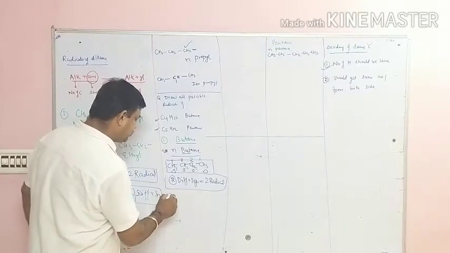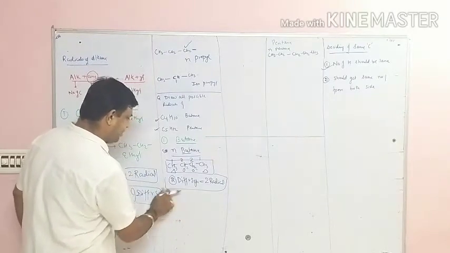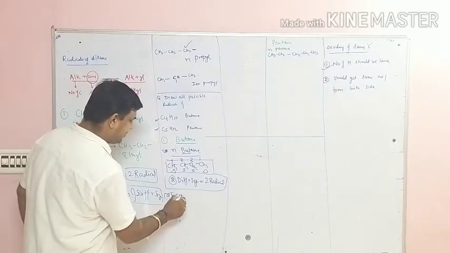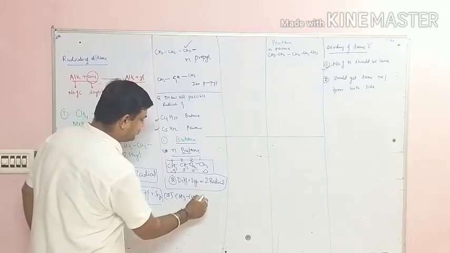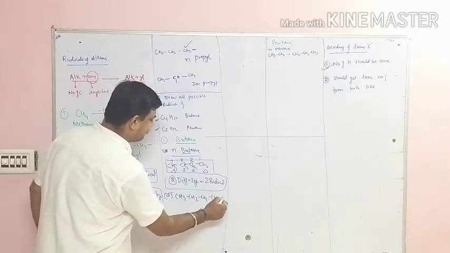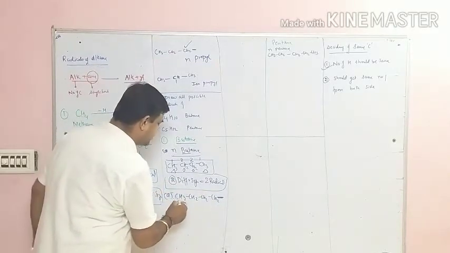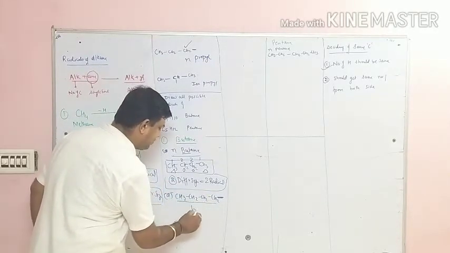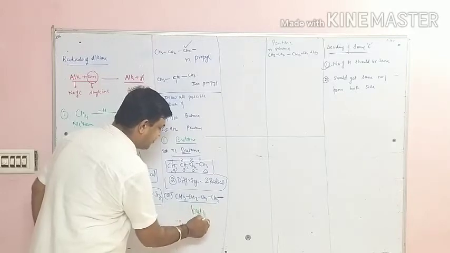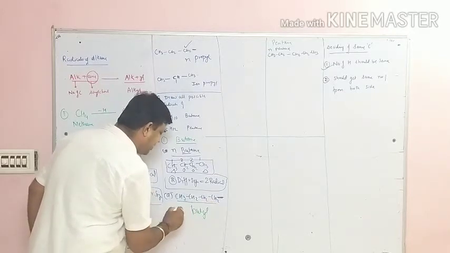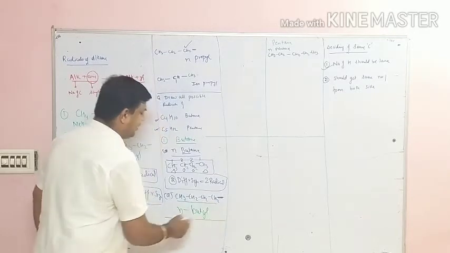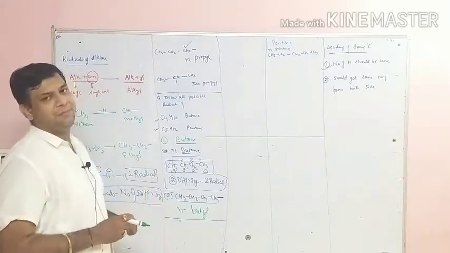Now see how the 2 radicals are formed. If I draw, this is A1. If I draw here, CH3, CH2, CH2, CH2. Valency of the first carbon is made free. Now the question arises, what is the name of this? See student, this is a straight carbon chain. But is there. Valency is free. YL. If the carbon chain is straight, put N. This is called the N-butyl. The first radical is N-butyl.